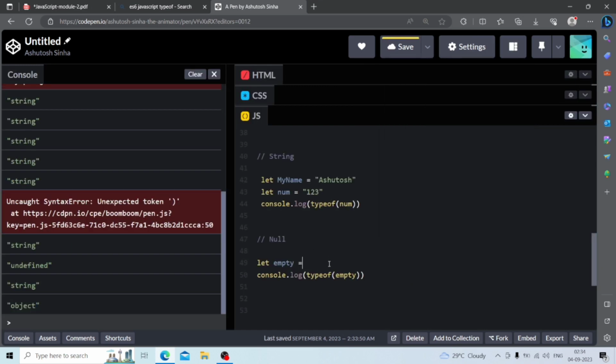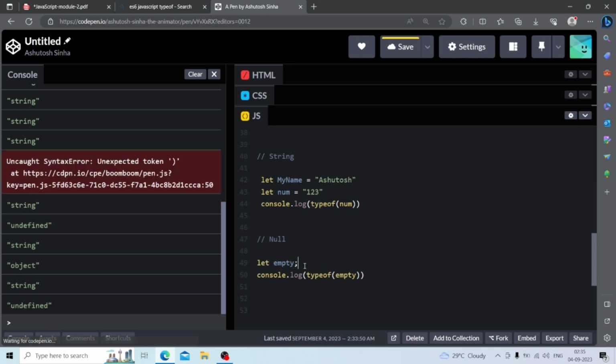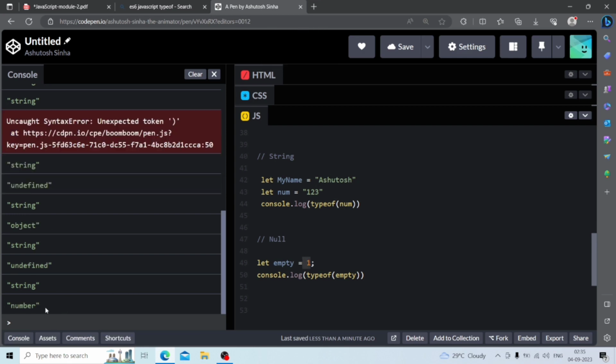When I'm just taking an empty variable and I'm not assigning anything, it will show undefined. Look here, it will show undefined. Understood? And when we assign a value, it will show the value. If I'm assigning 1, it will show the number. Okay? And if I'm assigning null here,